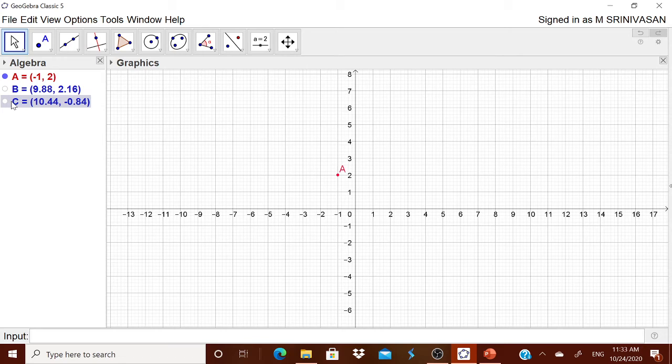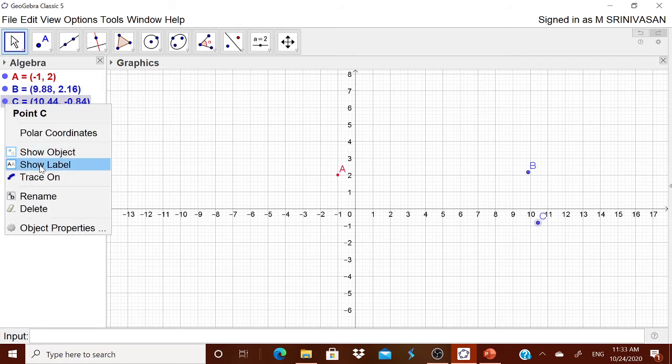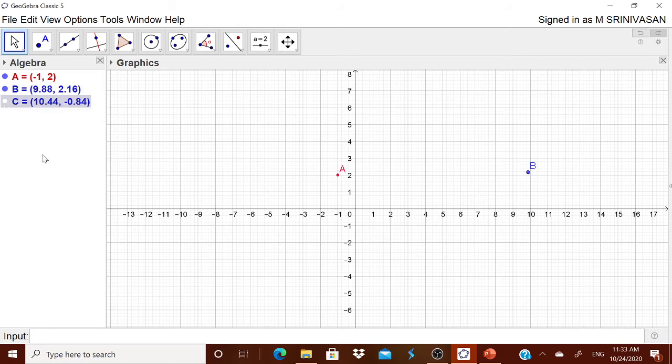Therefore, to hide an object, there are two options. You right click that particular object and then show the object, it goes. It comes back. If you want to hide here, this algebra view, that is a graphic view, is the very easy one, because you can directly go to the particular object and then show the object. See, it has gone now. Okay, let us come back.